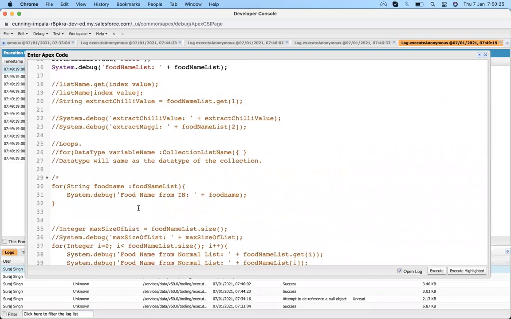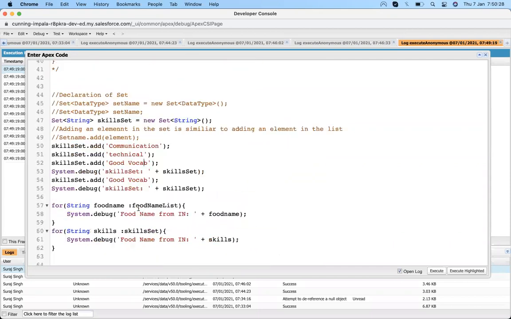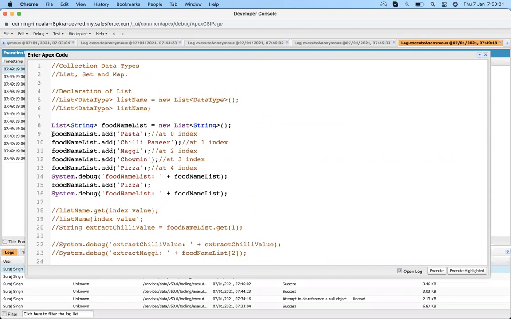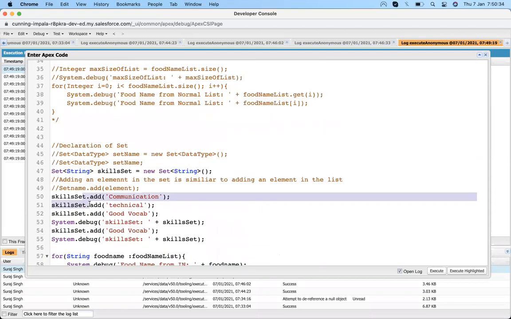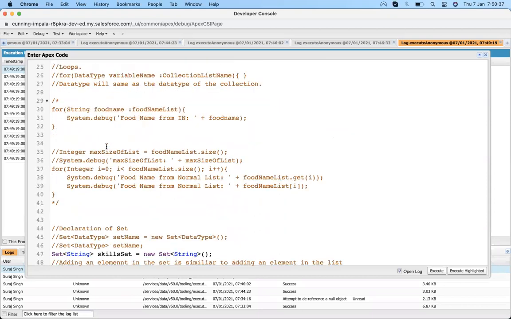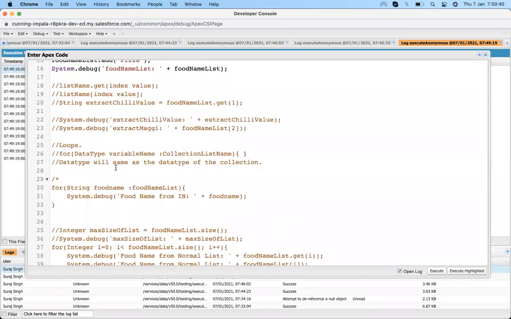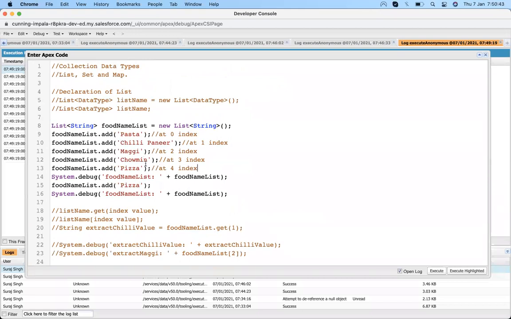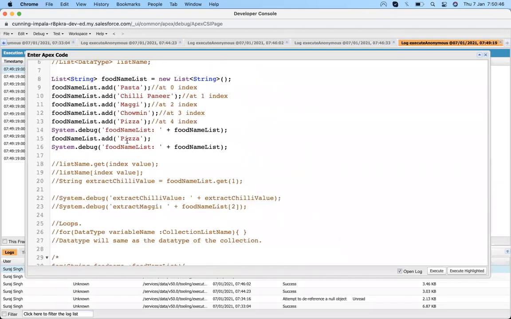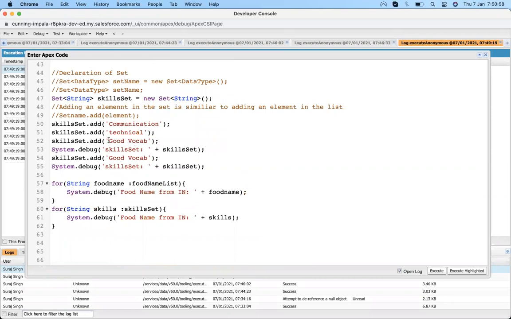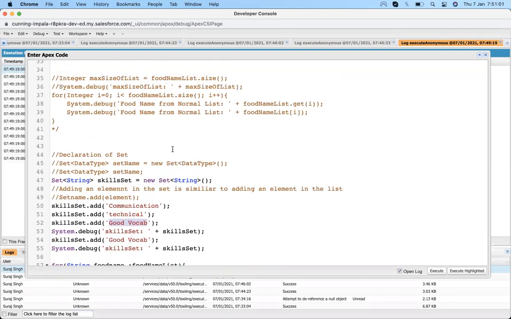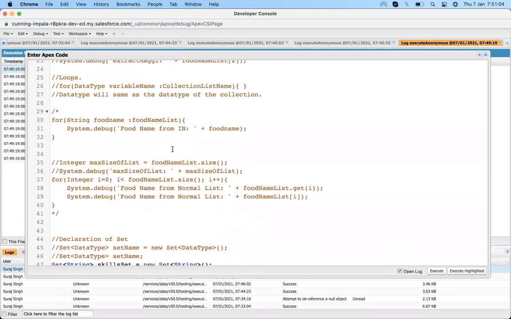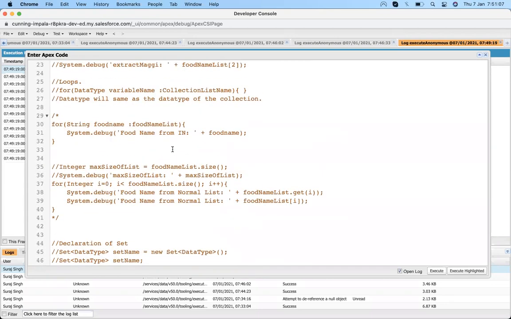So right now we just discussed how we declare a set, how we declare a list, how we add an element in a list, how we add an element in a set, and what the basic architectural difference is between a set and a list. A list is ordered and a set is unordered. And one more thing: whenever we add a duplicate element inside a list, it can be added, but in the set it was not added. It always maintains the uniqueness inside the set. So due to that reason, we are using the set in our development.